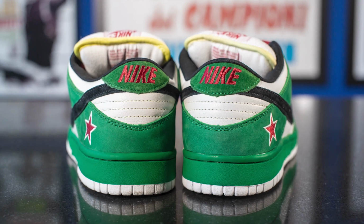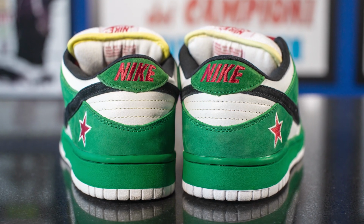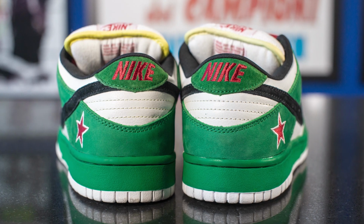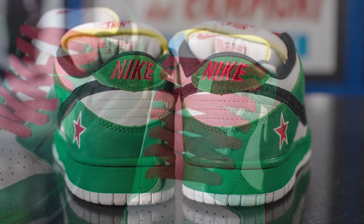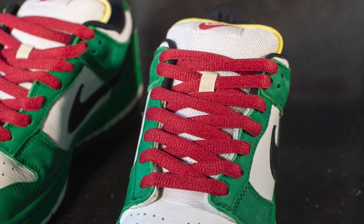On the back heel, you'll see the green nubuck loops around the back. Above this, we have that white leather, and it's finished off with green suede with the Nike word mark embroidered in red. As for the laces, these come with your standard oval shaped laces in red,